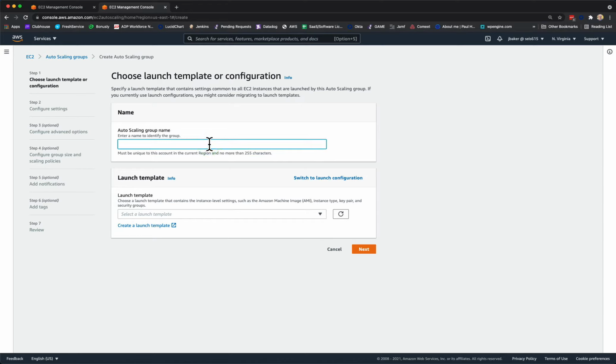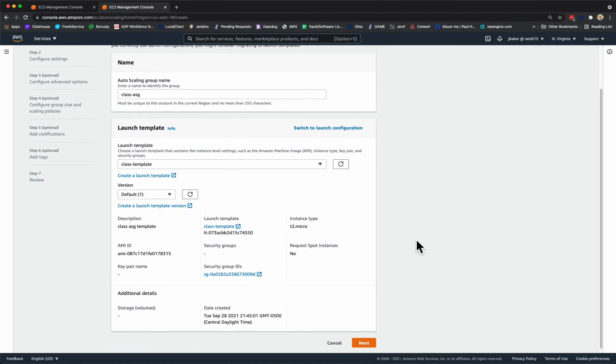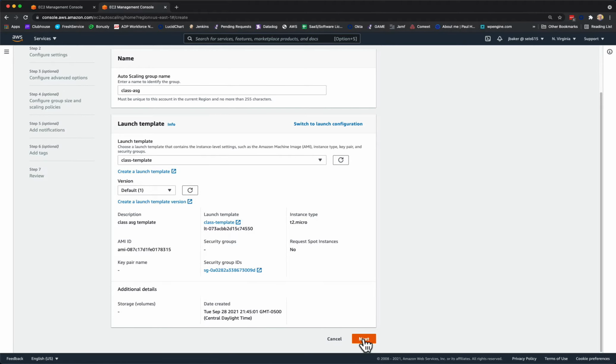I'll give my auto scaling group a name. I'll call it the class-ASG, stands for auto scaling group. For the launch template, I'll select the drop down and select the class template that I created earlier here in the video. You can see some of the details of that launch template that I defined, like the instance type, the AMI ID, the security groups associated with the template, and so on. I'll click on the next button,